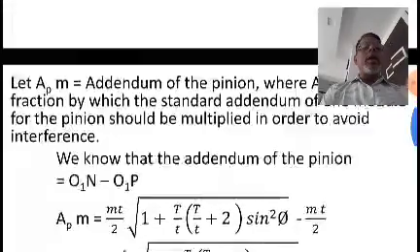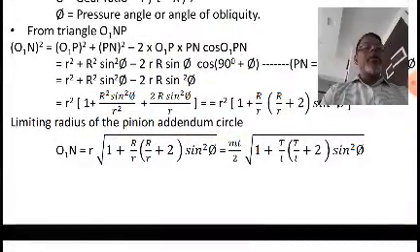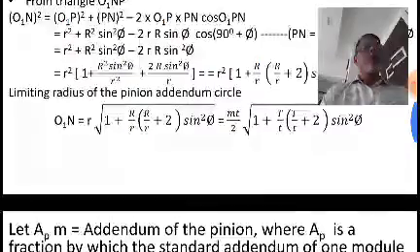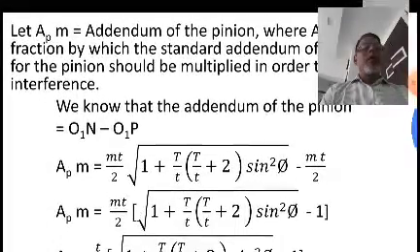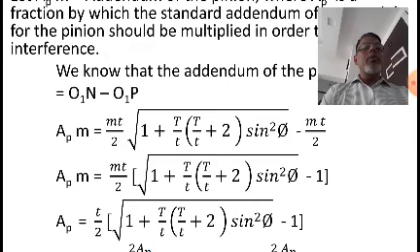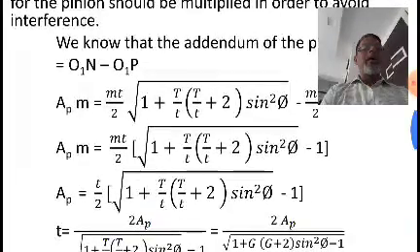Now this O1N, we know that it is mt divided by 2 under root of 1 plus capital T by small t, inside the bracket capital T by small t plus 2, complete bracket, sin square phi, minus O1P. O1P is r, and r means again m into t divided by 2. So m into t divided by 2 we can take outside. What will remain here? Under root of this term minus 1, right? Now m and m will get cancelled. So therefore AP is equal to t by 2 inside the bracket under root of 1 plus capital T divided by small t, inside the bracket capital T divided by small t plus 2, bracket complete, sin square phi